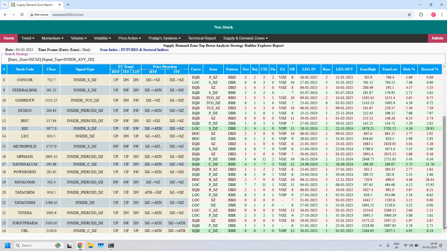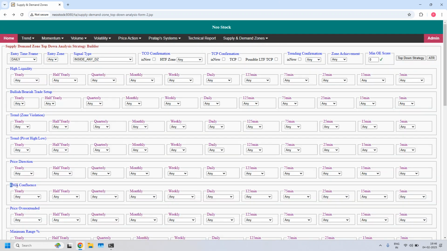demand zone. We can further filter this list by setting EMA Confluence. We can filter based on EMA Confluence: daily demand zones having daily EMA Confluence. So in the EMA Confluence at a daily time frame, I am setting the filter daily demand zone having daily EMA Confluence. And when you set EMA Confluence, the trend on the daily time frame should not be sideways. It can be up or down. With these filters,